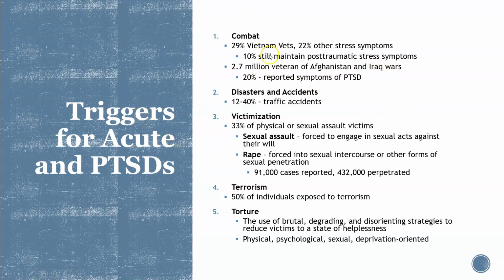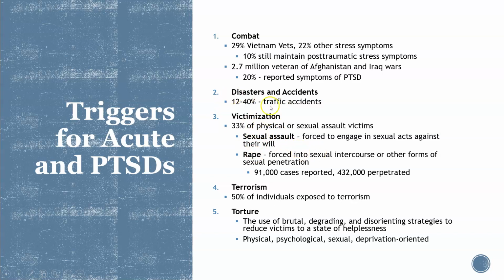But other triggers for acute and PTSD can be disasters and accidents. For example, 12 to 40% of people, regardless of their age or sex, have PTSD as a result of being in a car accident, right? Victimization. So this is like repeated abuse. Okay, we're talking about physical and sexual assault victims. 33% of people who have experienced victimization, repeated victimization, or it can be one time as well,